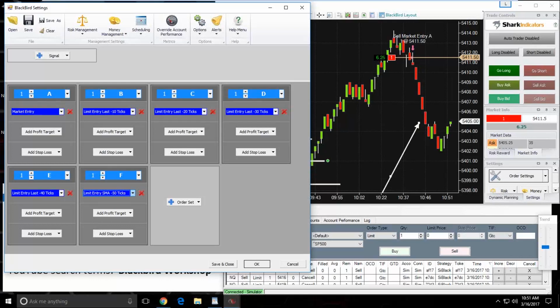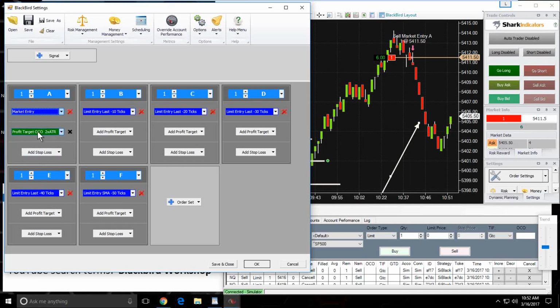As long as that indicator is plotting the profit targets at the same time that it's telling you to get into a trade, then you can set your profit targets to that indicator's plot price. But you have to make sure the indicator is plotting that price at the time that your